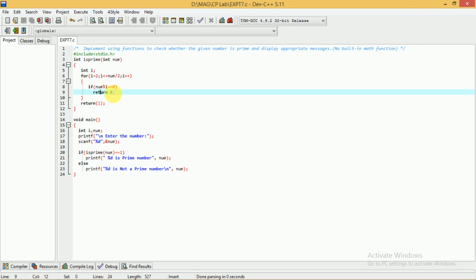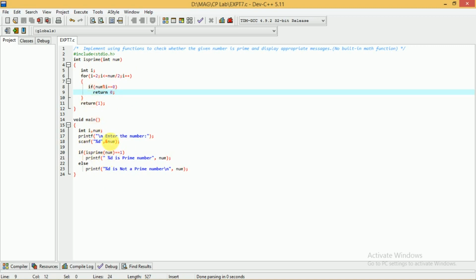And the servant is the called function, because the servant is called by you. So here the main function is the calling function and isPrime is the called function. Always the called function returns a value to the calling function.